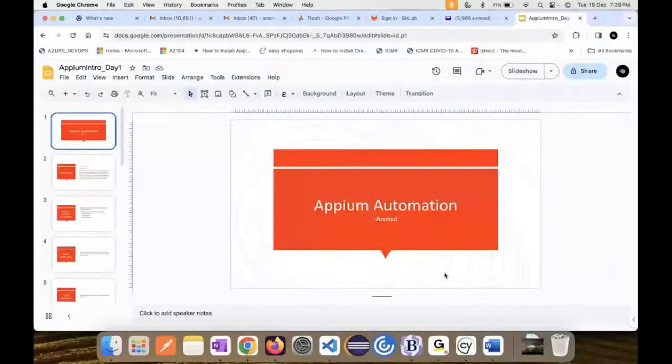Okay, so I'll share my screen. Kindly, someone can confirm in the chat, or you can unmute yourself and let me know whether my screen is visible. Yeah, we can see. Yep, thank you.